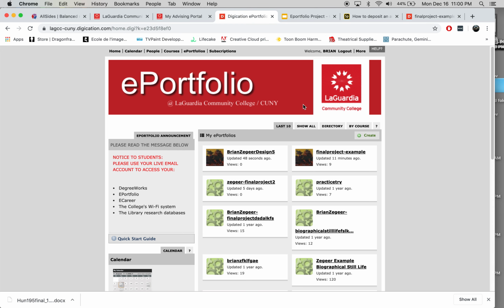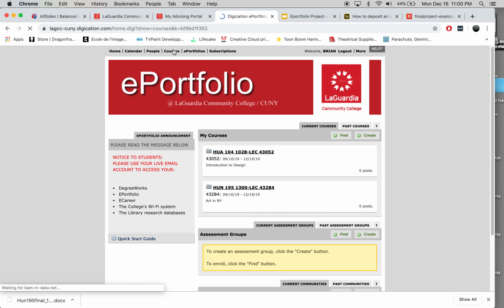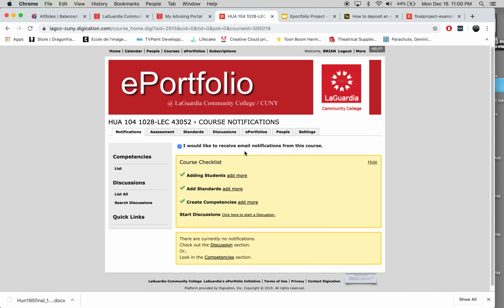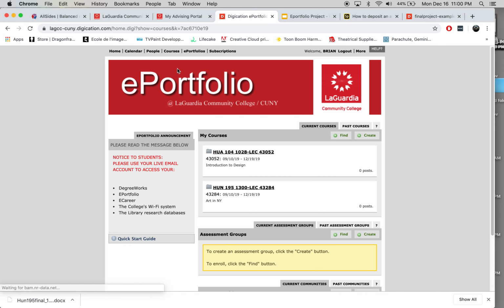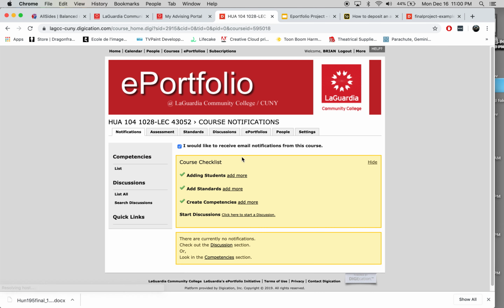I'm going to click on ePortfolio again. Oh no, wait, here you go up to Courses. There you go. Go up to Courses again. Click on the course, and this is where you get to these tabs, and eventually you're going to want to click on assessment,